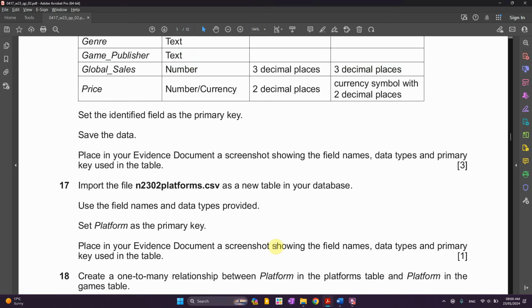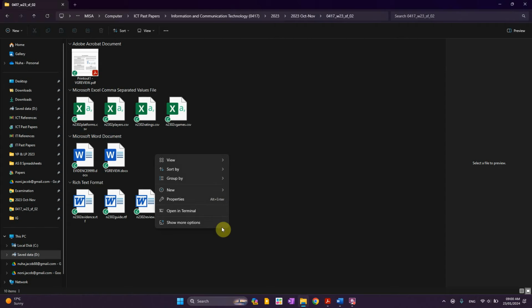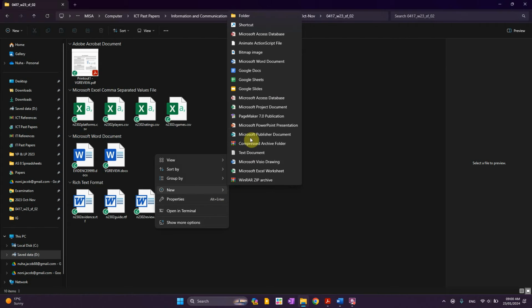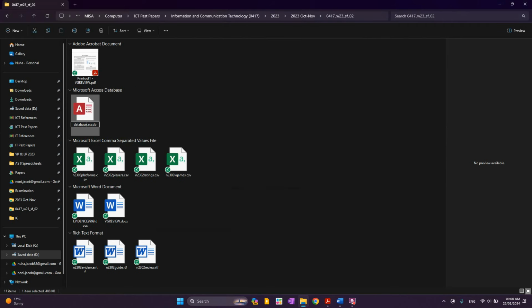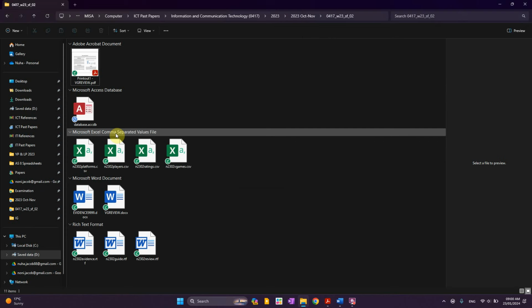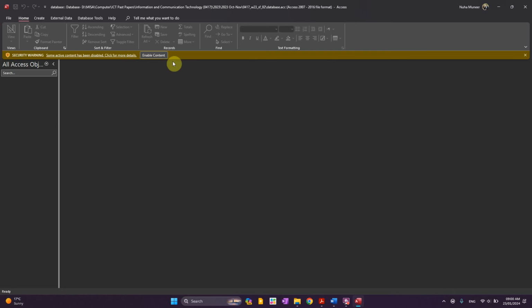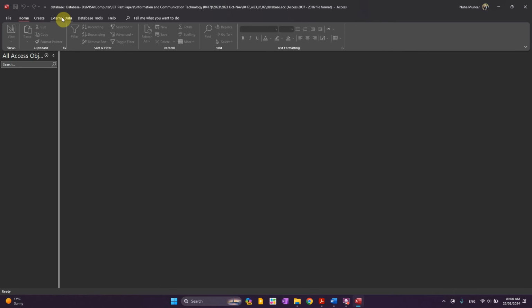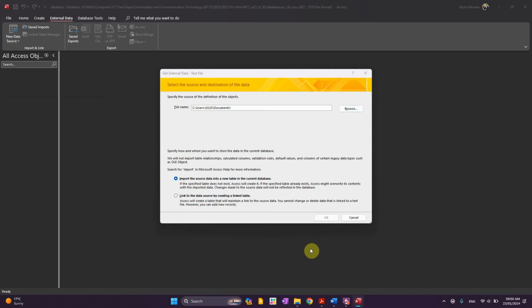Did they mention any name for the Access database? Nope. So I'm just going to click here, right click, and add the Access database. And let's import that CSV file. Alright, right now let's go to external data, source file, and click on from file to from text file, and let's browse to